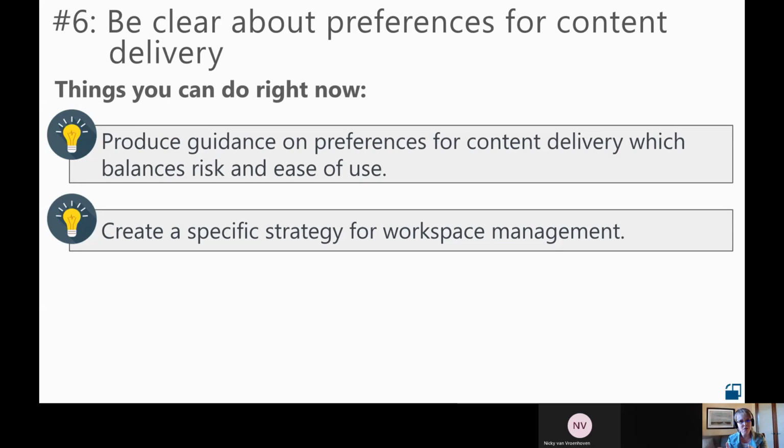And then there's workspace management, right? Usually my opinion about that is if the users in your organization are allowed to go create their own team sites or their own SharePoint resources, Power BI usually follows suit with regard to being able to create workspaces by people in the organization. But I've talked to so many customers that are so worried that that will create major chaos. And naming convention junkie that I am, I can totally appreciate that. So have a strategy.